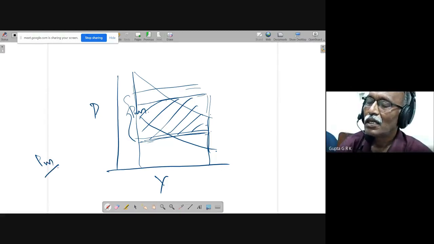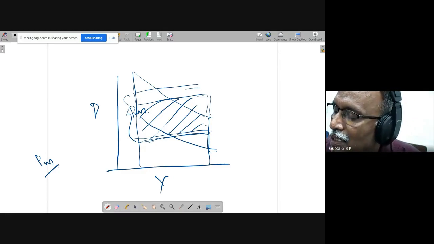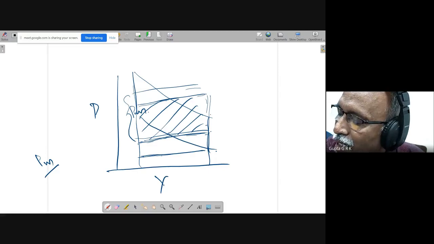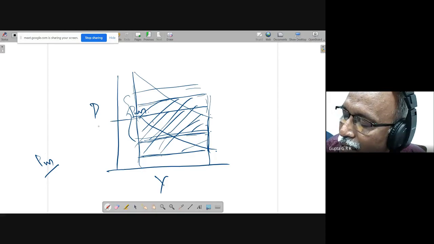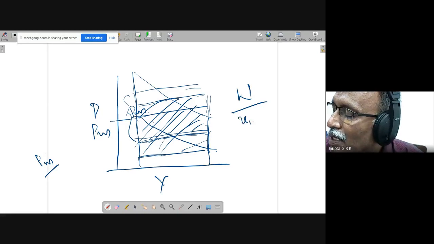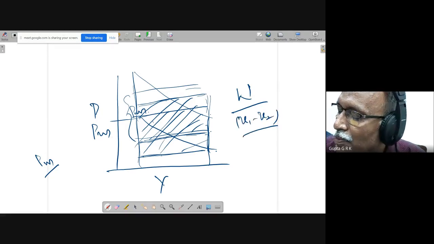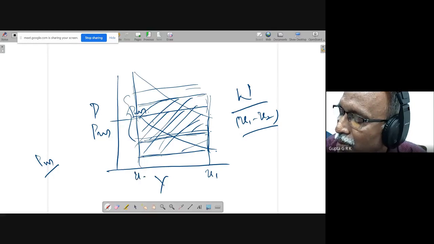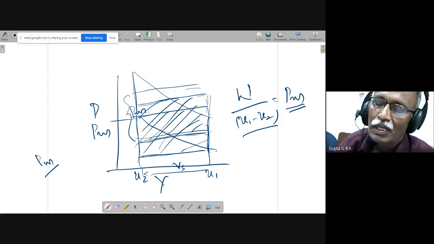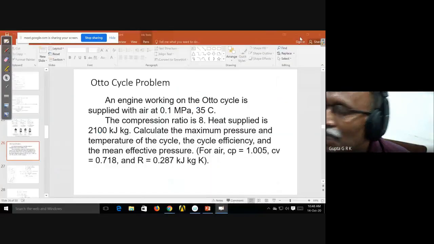So that is called the mean effective pressure. So that is the area under the curve. This is an inclined one. So if I assume a rectangle with the lower line fixed, what is the pressure here that gives me the same area? That is called PM, or mean effective pressure, meaning W by the stroke volume V1 minus V2. So this is V1 and this is V2. This is the stroke volume. So this gives me the mean effective pressure. Just one point like that. So here that is asked.